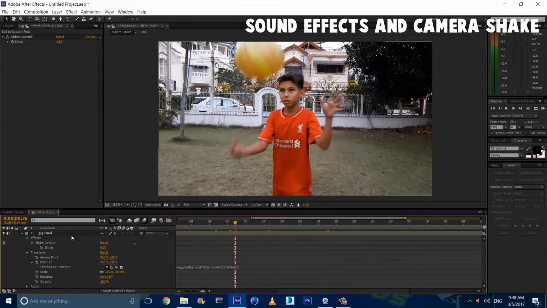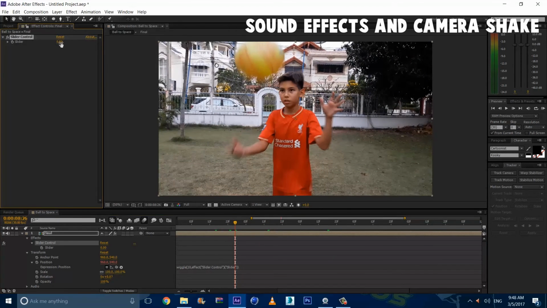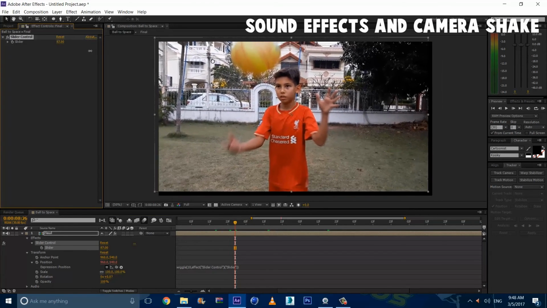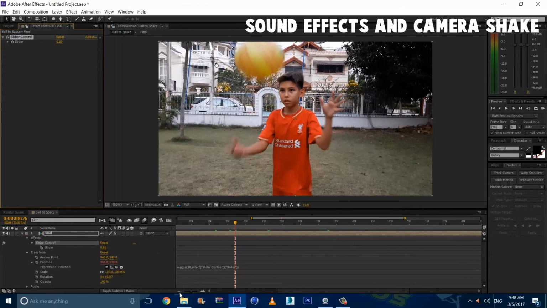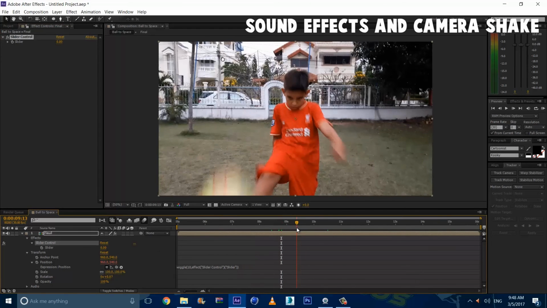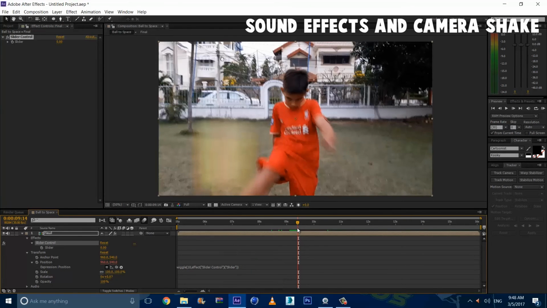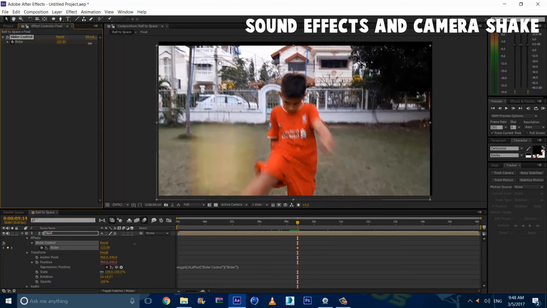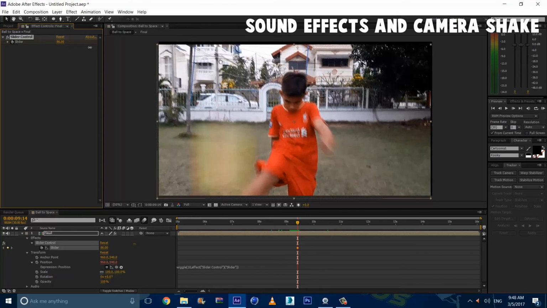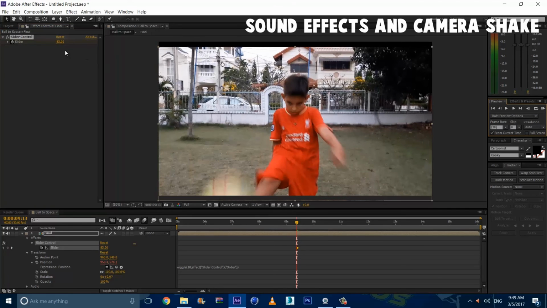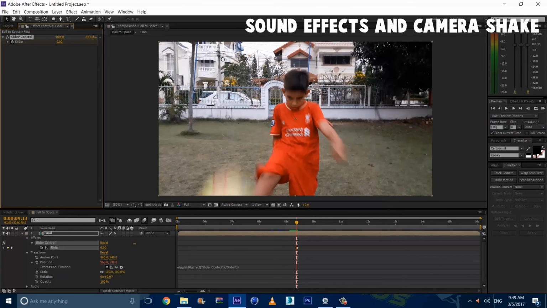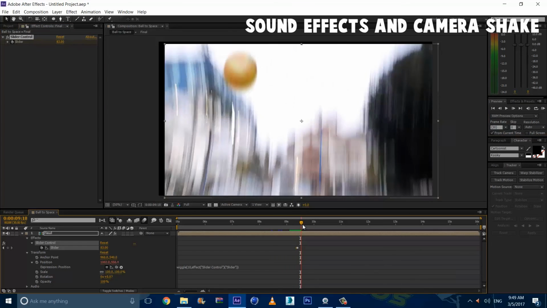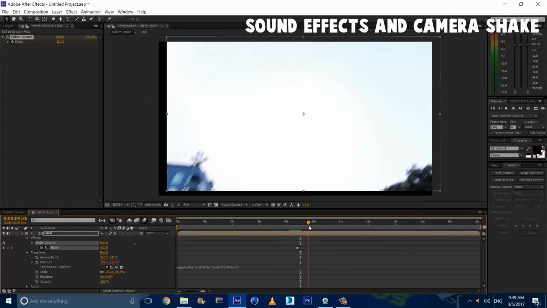So now that means whatever we do to the slider will depend on how much wiggle we have. So we're going to go where we just kick it about right here, and we're going to hit a stopwatch, and let's just make it right now on about maybe 80. Go 1 frame back and just make it 0, so there isn't any camera shake before that, and then suddenly there is camera shake. And just a bit, we're going to lower it straight away back to 0.